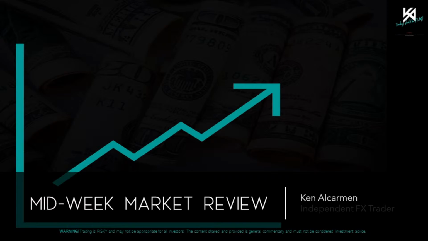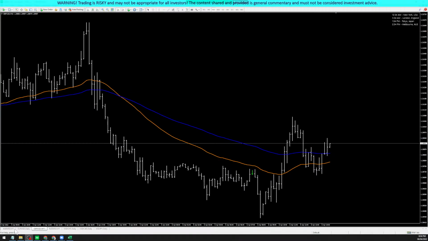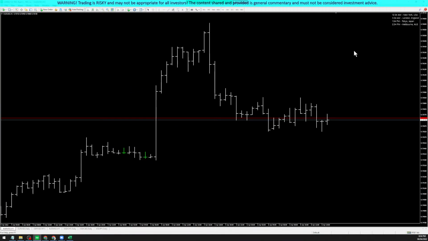Kumustahin natin kung ano na nangyari kay market. For me personally, I got closed on two positions from what we have on Monday. Pero again, that's the beauty of having a protection for your account, right? If the market does not go in our favor, we should not lose everything in our account, but instead only the amount that we intend to lose. But anyway, that's enough of my trade. We'll go directly to the chart that we have right here.